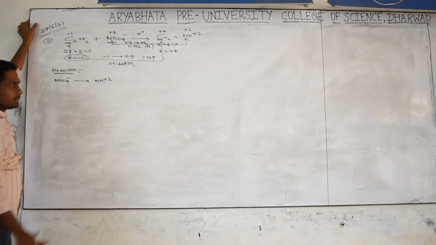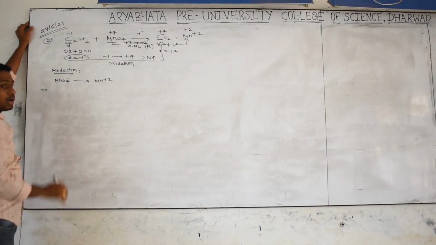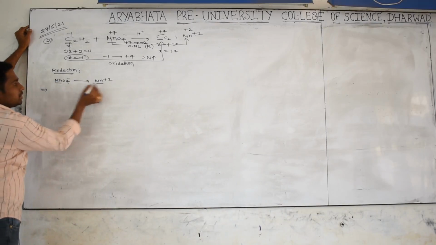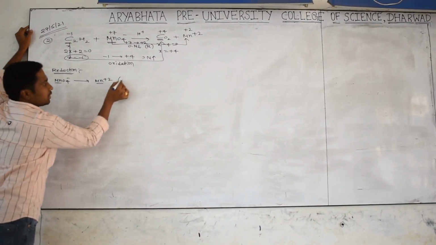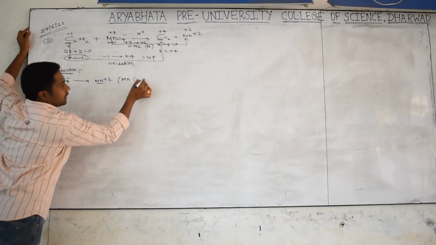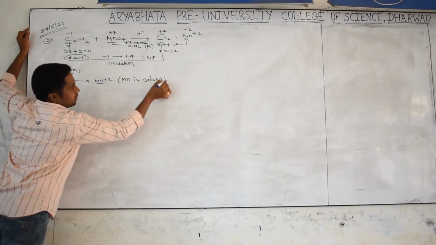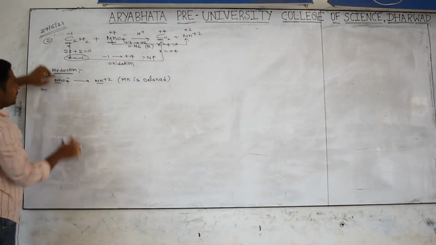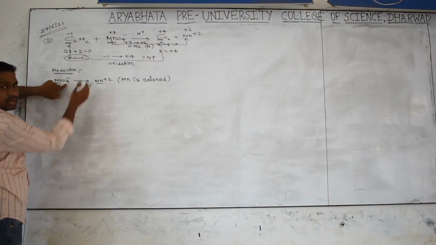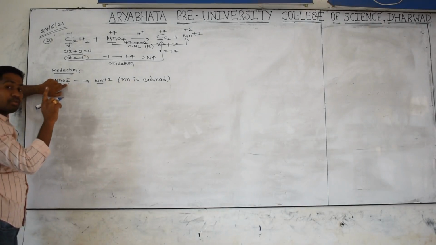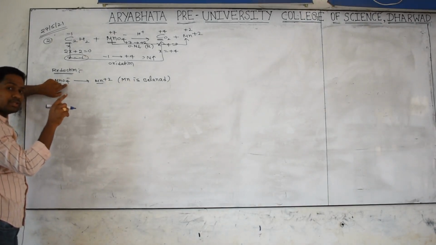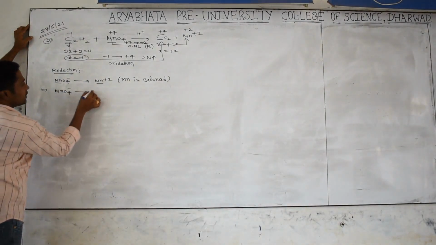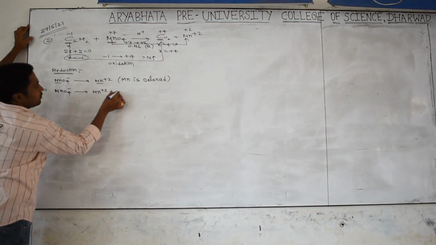First you have to balance it. So first of all, what has to be done? We have to balance the elements other than hydrogen and oxygen. What are those? Manganese. How many are here? 1 and 1. That's why I write down here manganese is balanced. Later we go for balancing of oxygen by adding water. On the left side how many oxygens are there? 4 are there, but on the right side none. That's why we want 4 oxygens on the right side, which means I should add 4 water molecules. Write down here MnO4 minus gives rise to Mn2+ plus 4H2O.